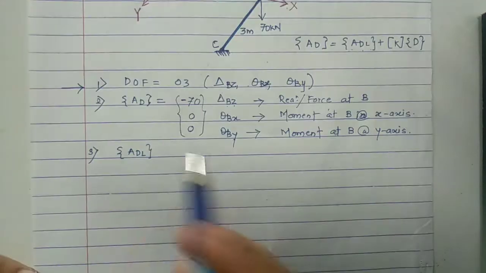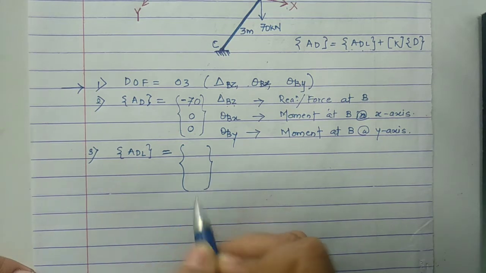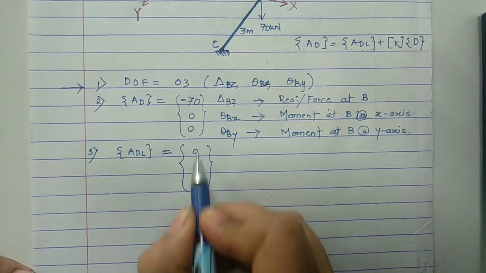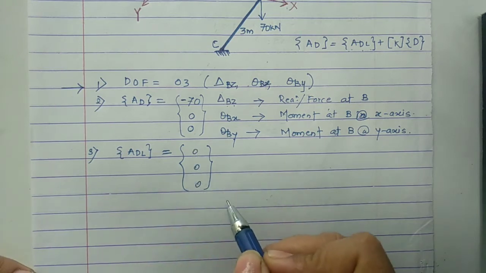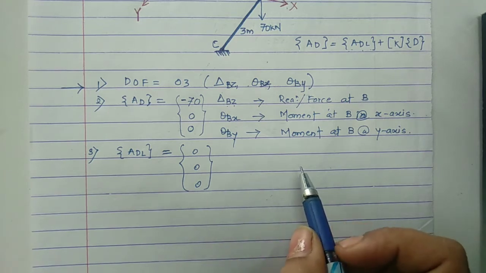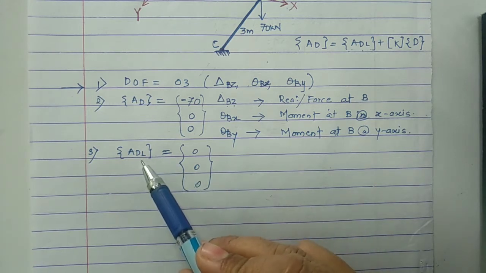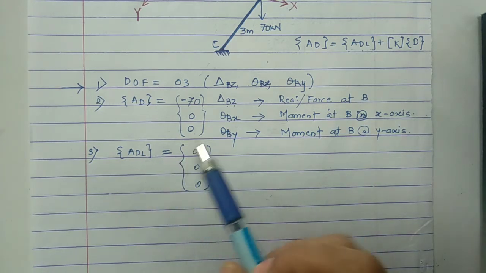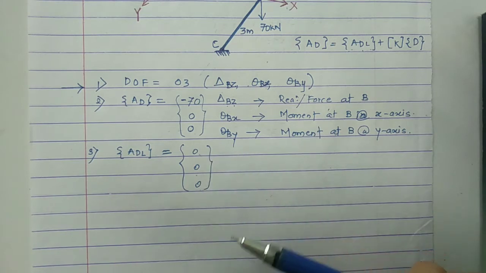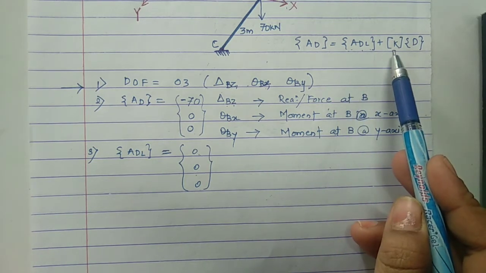So in the ADL matrix, it will be a column matrix containing 3 elements corresponding to these 3 degrees of freedom, and they will be 0. So we directly write it down, instead of drawing the figure showing both ends fixed, no load over the members, and all moments and reactions at 0. So this ADL matrix, the action corresponding to displacement in the restraint structure, as no load is there, has all elements 0, 0, 0. Okay.